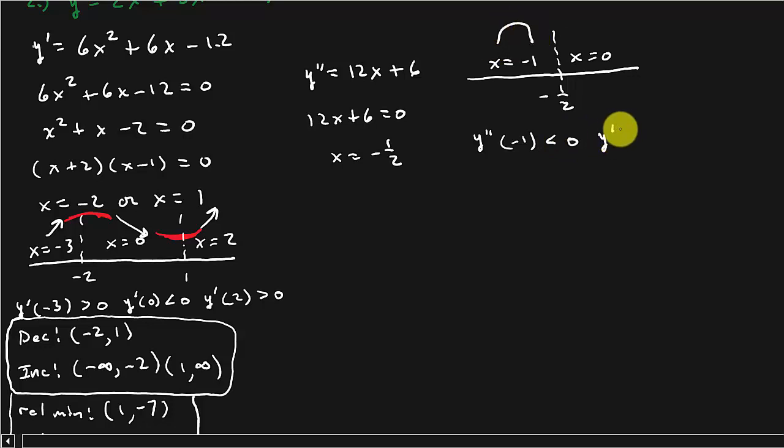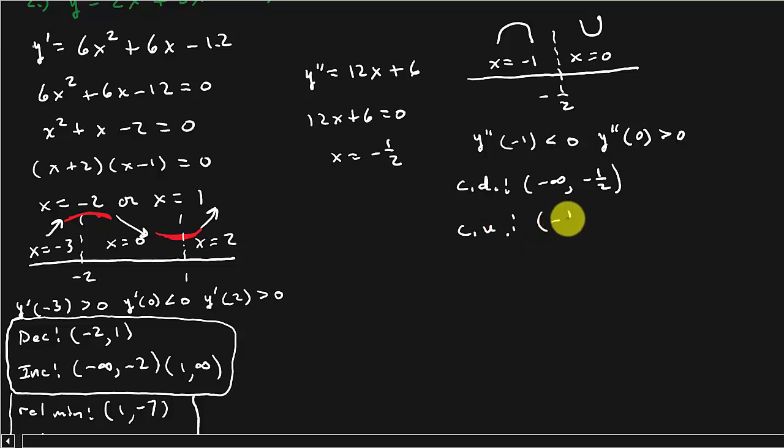And then I do y double prime of 0. That's 0 plus 6, which is positive. And so that's concave up. So concave, I'm going to abbreviate this. Concave down from -infinity to -1/2, and concave up from -1/2 to infinity. And so inflection point,